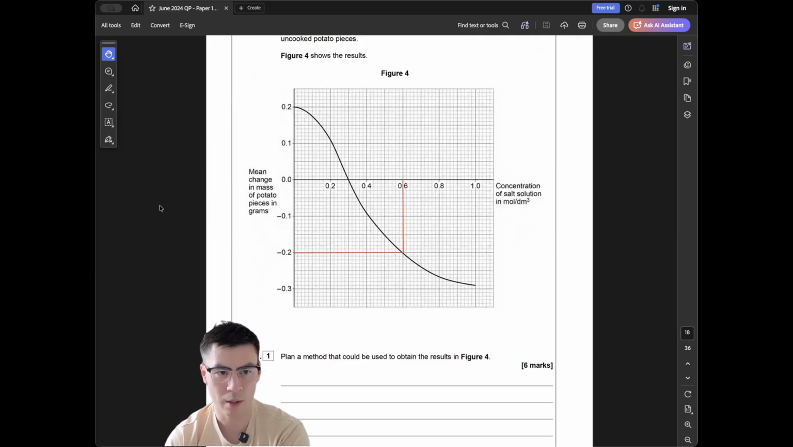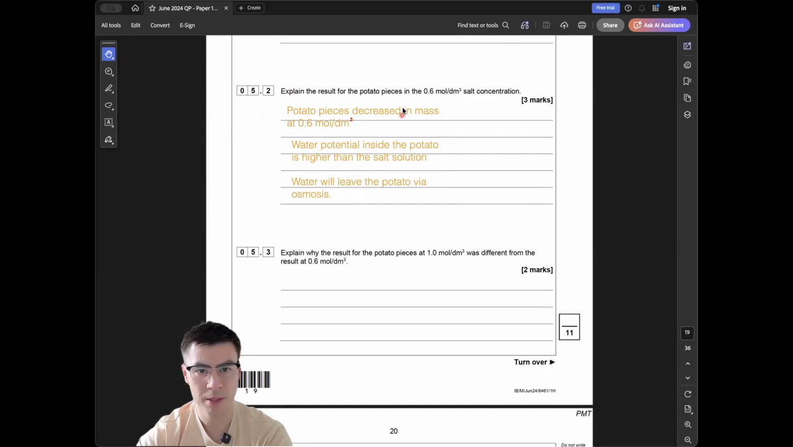dm cube 呢個 salt solution，佢係有個 decrease in 個 potato mass by 0.2 grams。OK，所以第一分就係講佢 decrease，第二分點解啲 water 會 leave 個 potato，跟住去個 surrounding sugar solution 就係因為佢個 water potential difference。OK，咁佢入邊個 water potential 就係 high，出邊個 water potential 係 low，咁嗰啲水就 go from high to low。OK，咁睇完個 graph 之後，我就見到個 potato piece 一定 decrease in mass 啦。咁個 explanation 就係個 water potential inside the potato is higher than the salt solution。咁呢個 reason，咁 water will leave the potato via osmosis，即係個 water 嘅 diffusion。5.3 explain why the results potato pieces at 1